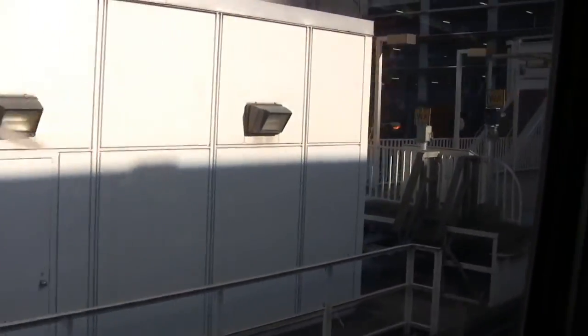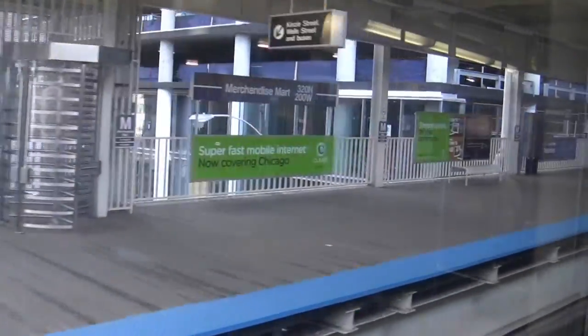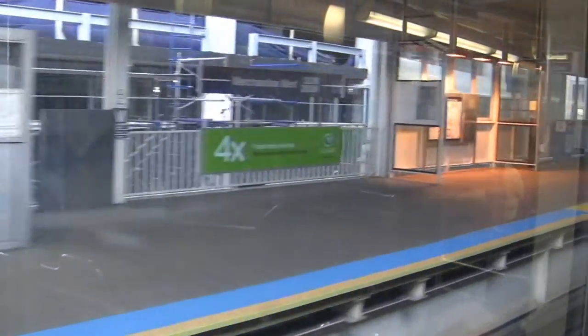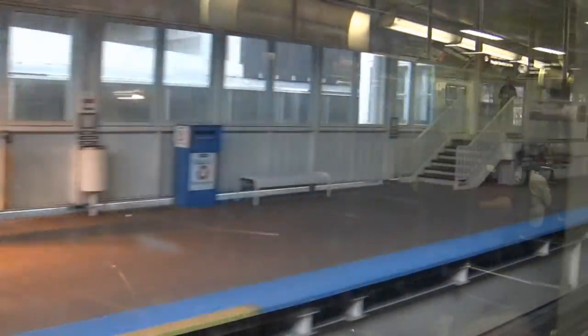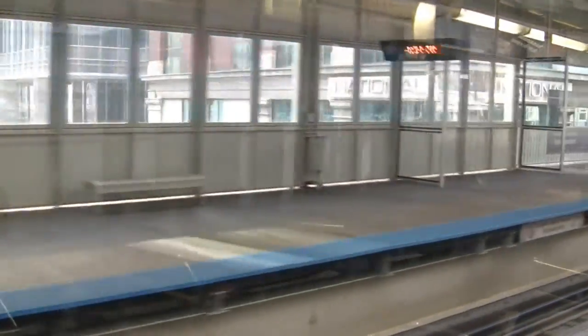The building on the right is the Merchandise Mart, for many, many decades the offices of the Chicago Transit Authority. We are now fixing to cross the Chicago River. The Chicago River is